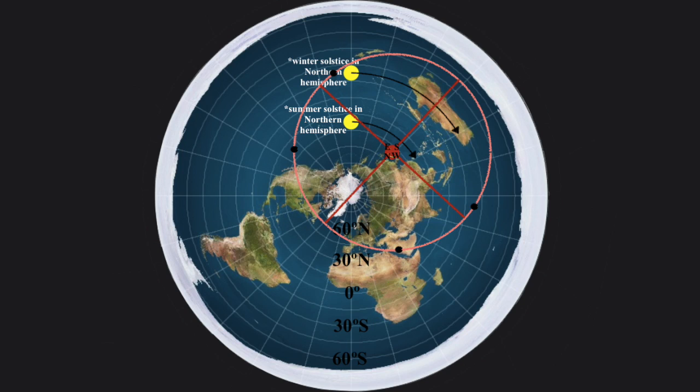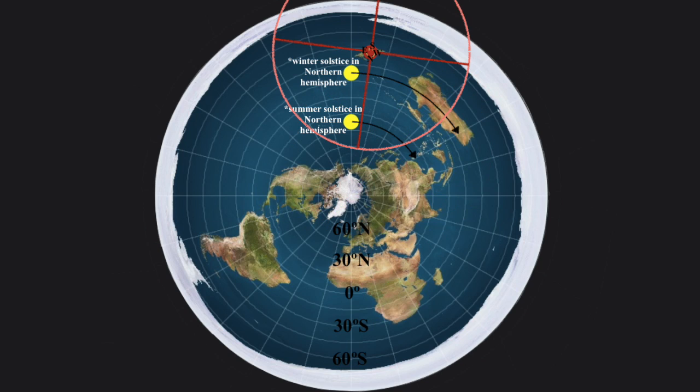Here, I have a compass over Japan. During the summer solstice, on the flat Earth model, the sun rises in the northeast. At solar noon, the sun is at its highest altitude, indicated by its proximity to Japan. By the way, altitude is just its angle to the ground. Then the sun sets in the northwest. This correlates to reality to an extent,